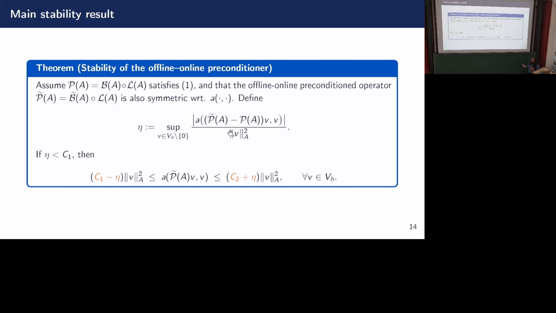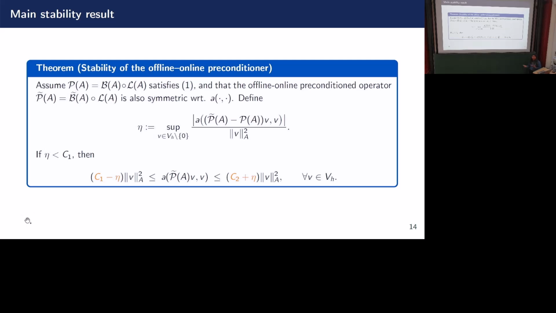Now, once we have this, because we know that the two-level additive Schwarz has this bound C1 and C2, we can easily show that our approximate operator P tilde is bounded by these bounds. So we have the lower bound C1 minus eta and here the upper bound C2 plus eta. Now, if eta is small, that means the perturbation, or the difference between the operators, is small, particularly less than C1, then we have a positive lower bound,